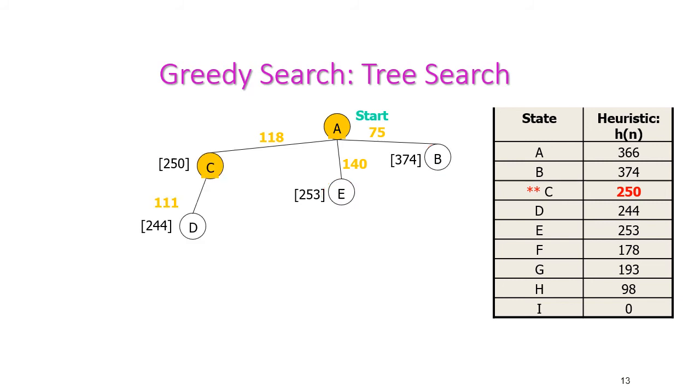From C we have the nodes D and A. A is already visited, so we cannot go to A. So D is the only option for us to expand further. From D we cannot go back because C is already visited, isn't it? So D, C, D, that will go on like that. So we meet an infinite branch. An infinite loop will be there. We cannot reach the goal state. So this is one of the drawbacks when using the heuristic searching value.